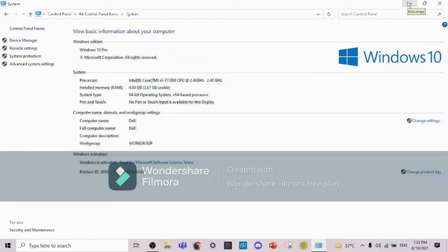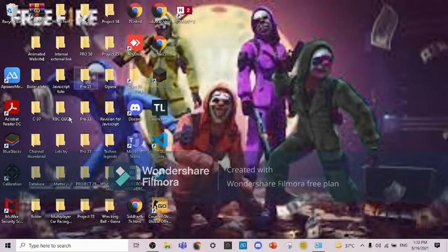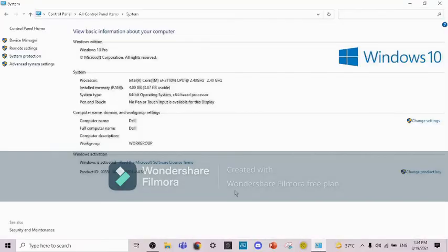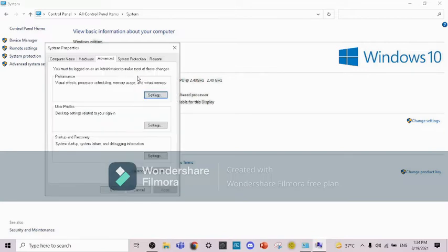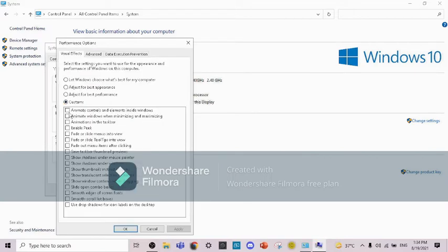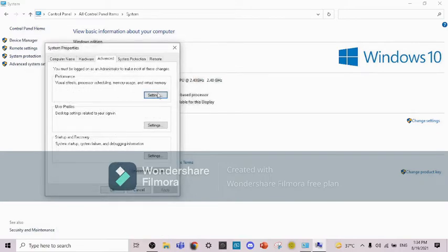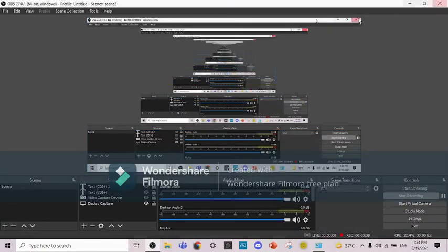So now whenever you minimize, you can see it is minimizing. All the thumbnails are also being removed, and whenever I click on OBS it is opening like this. But I don't like this, so I never turn off my graphics. I always keep it on, but it's your choice. You can also turn it off and your PC will work fast. My PC has an i3 processor, so it works fast, so I don't need to turn off my graphics. So I am going to turn it on, and you can turn it off if you want. So guys, this was about the tip. I hope you will like it.